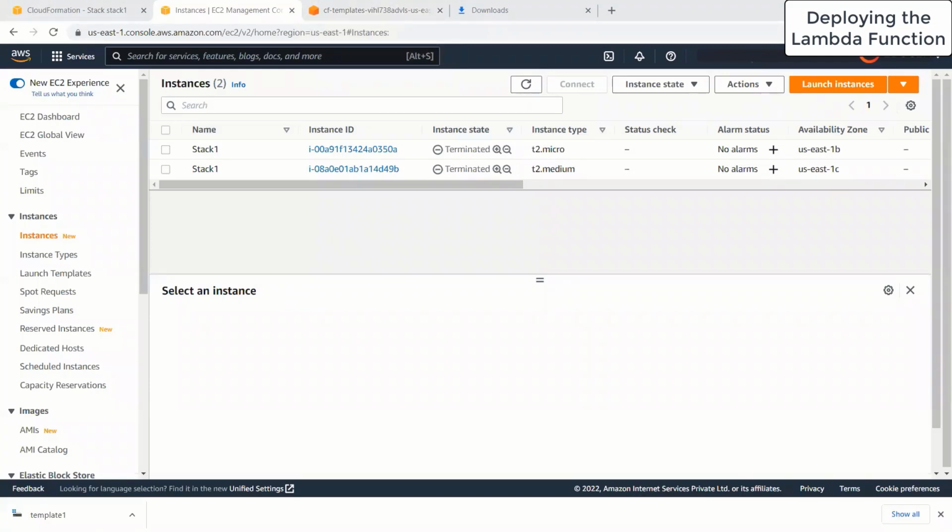Now, moving on, the next hands-on activity is on deploying the Lambda functions using CloudFormation. Okay, so that's the next hands-on activity. Now, in order to do this activity, we'll do a similar thing, guys. We are going to create the stack and upload our template and create it. But before we go over there,